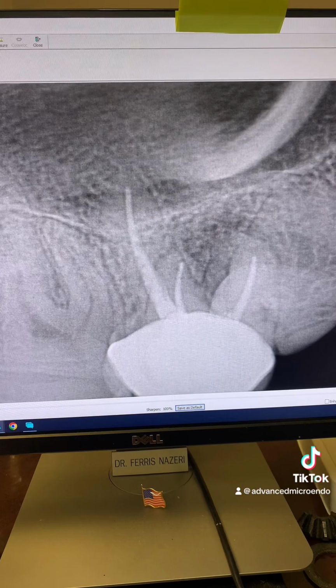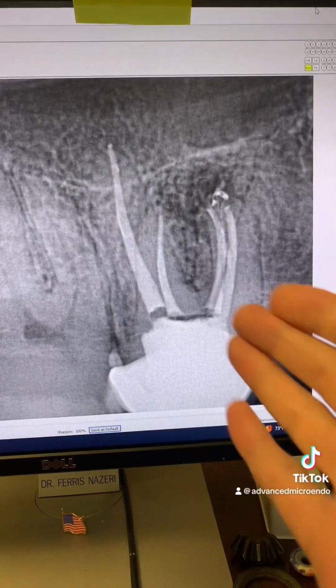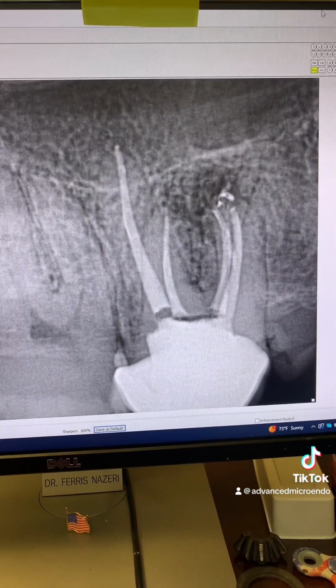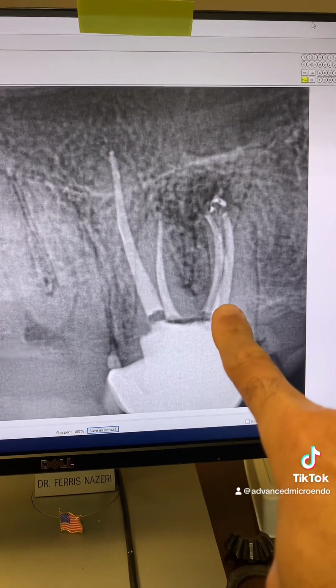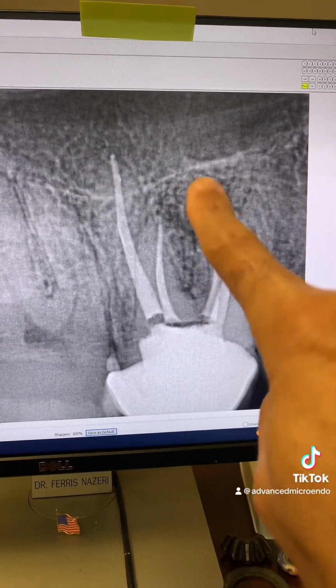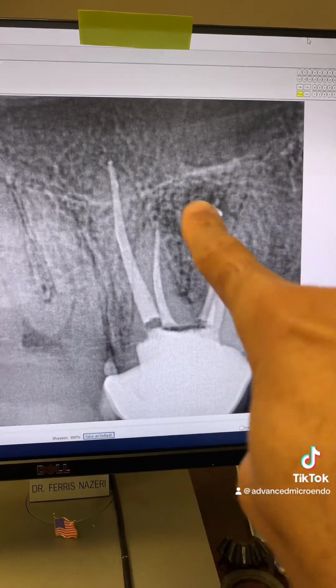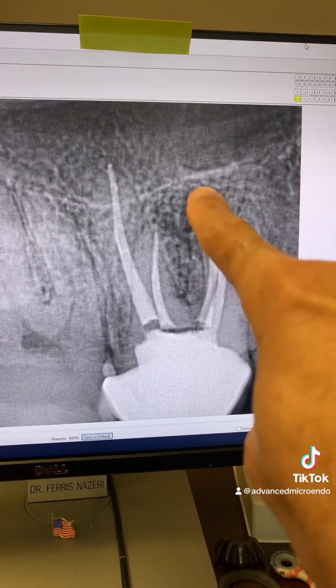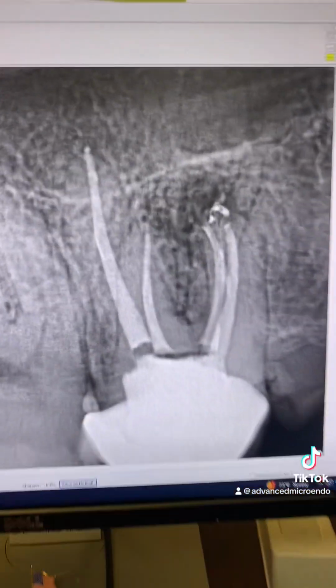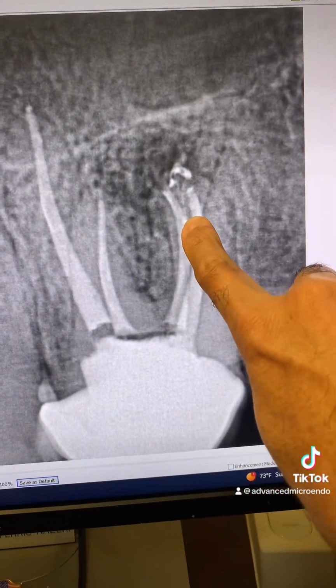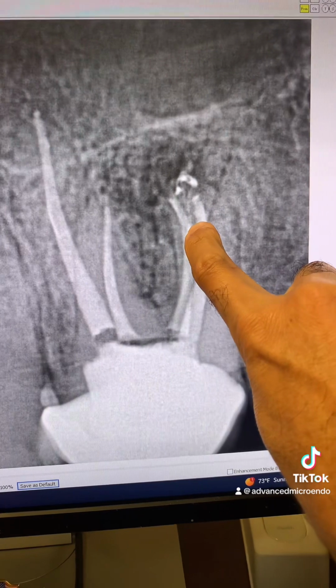And let me show you the post-op. And here it is. So as you can see, actually MB2, as we expected, based on the pre-op X-ray, its own canal, separate canal. All right, and take a look here. Look at that, MB2, and then there is a